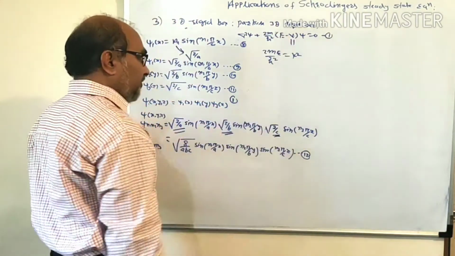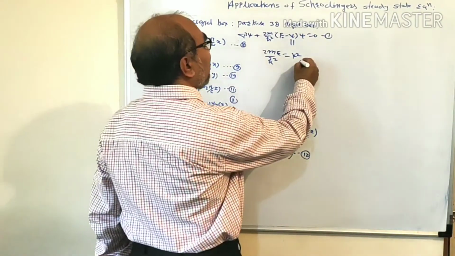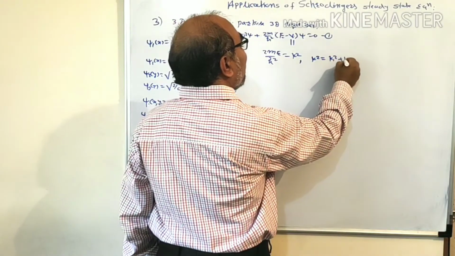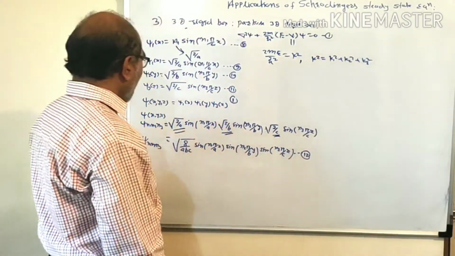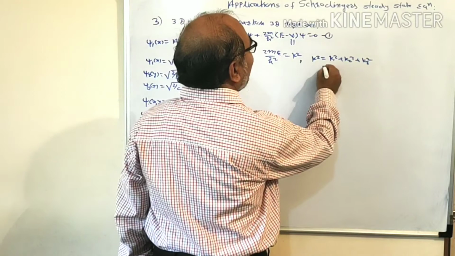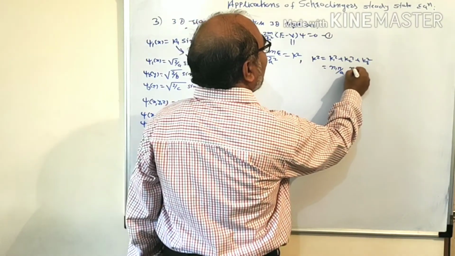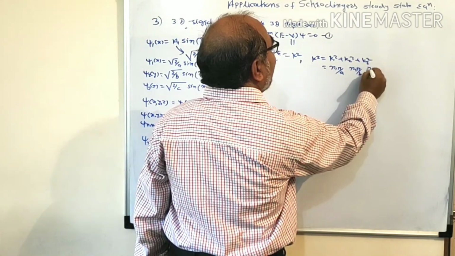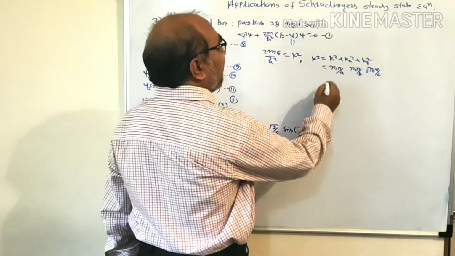So that is the value of k square. But this k square is equal to k1 square plus k2 square plus k3 square. We know that the value of k1 is n1 pi by a, k2 is n2 pi by b, and k3 is n3 pi by c, and therefore